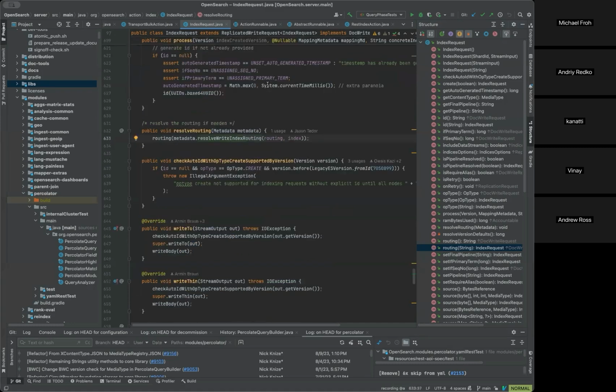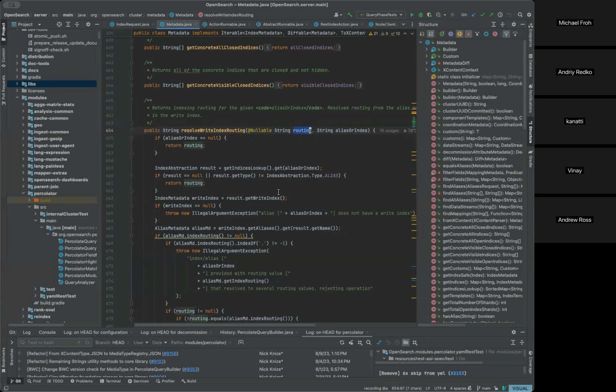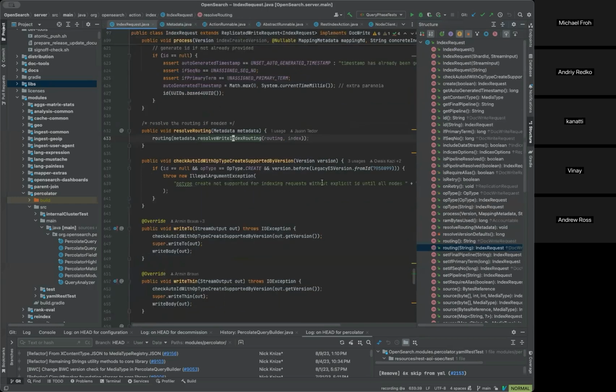But in the general case, because later on you have to be able to find the documents, I believe here, the normal situation is that routing is null, right? So let's see what happens. When this method's called, we can be given an alias or an index. Recall here,